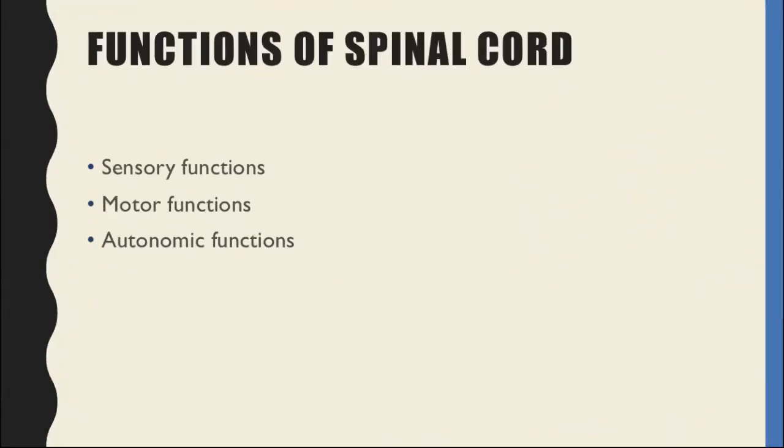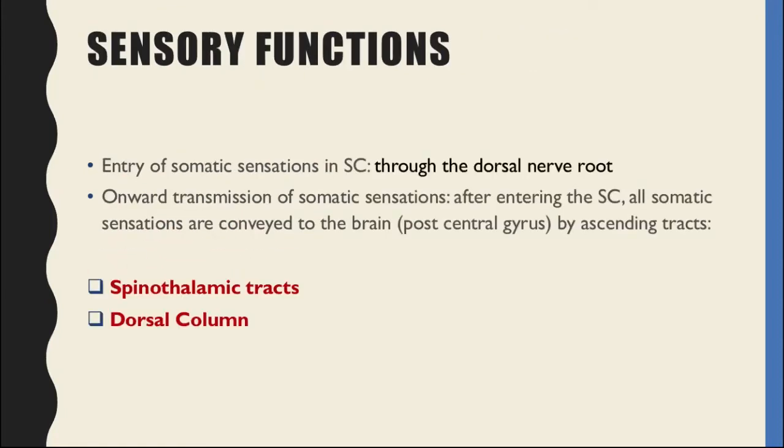So, we have covered the first part of the spinal cord, and the first part was functional anatomy. Now, coming to the second segment, that is the functions of the spinal cord. Broadly, we can say the spinal cord serves three groups of functions: sensory, motor, and autonomic functions. Now, the sensory functions, one by one we will cover sensory, then we will go over to the motor and